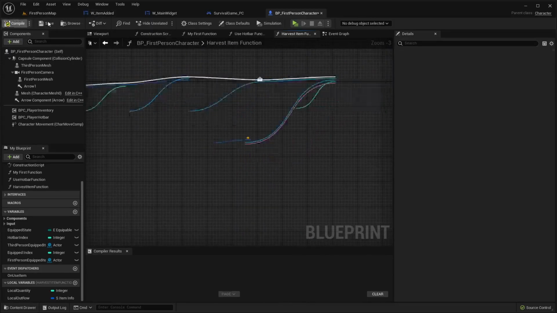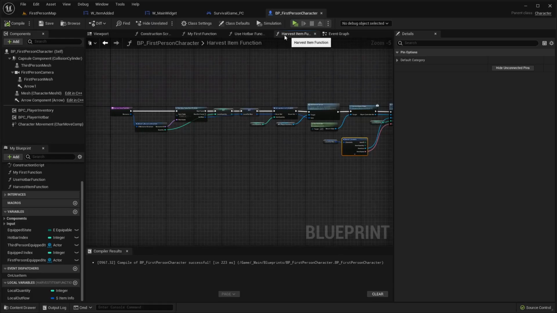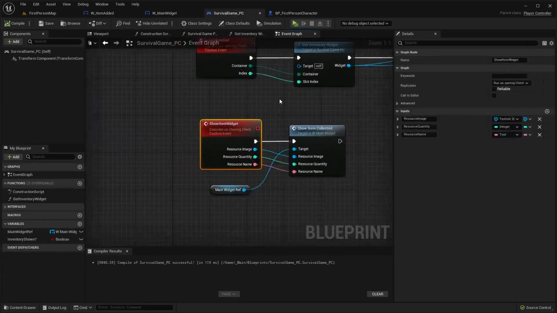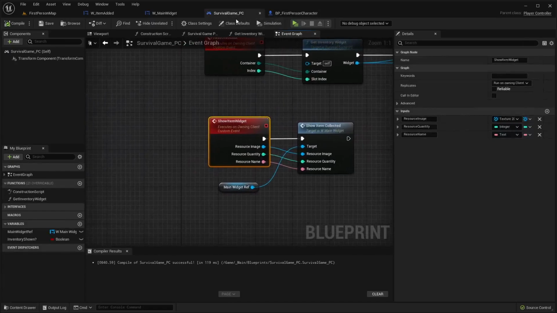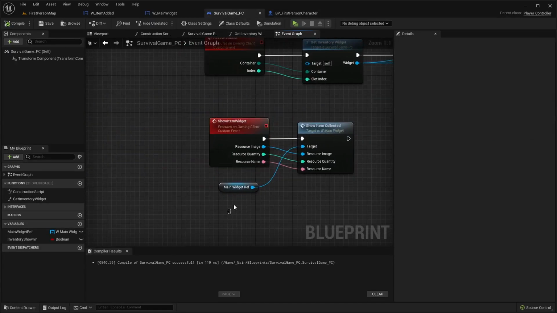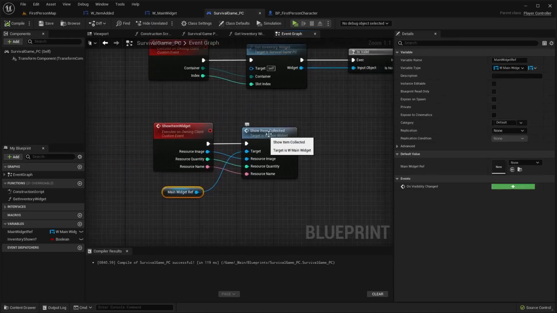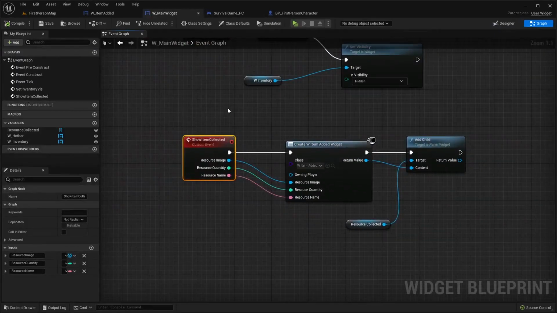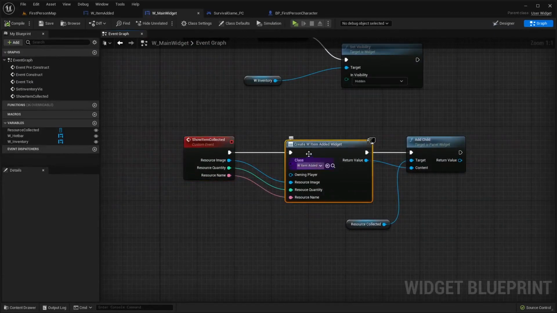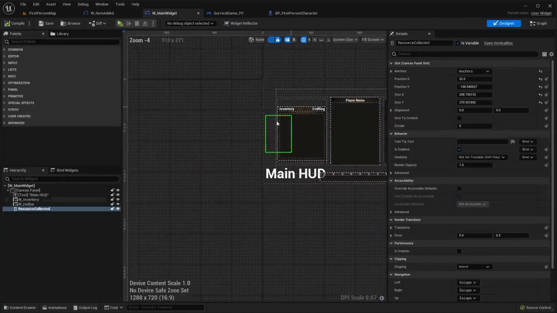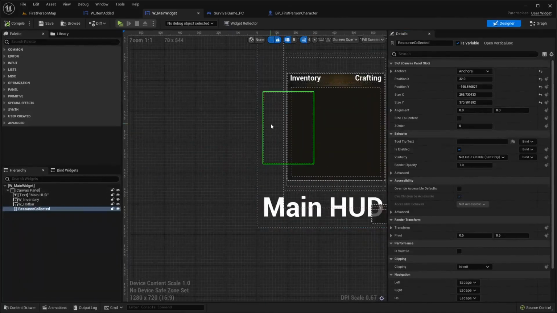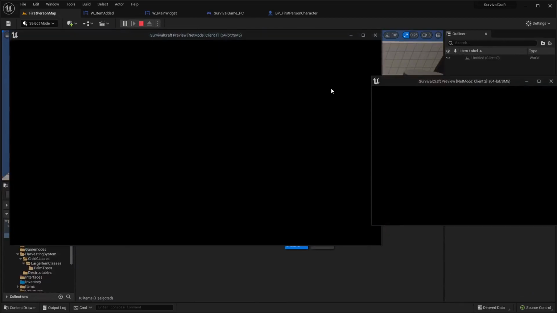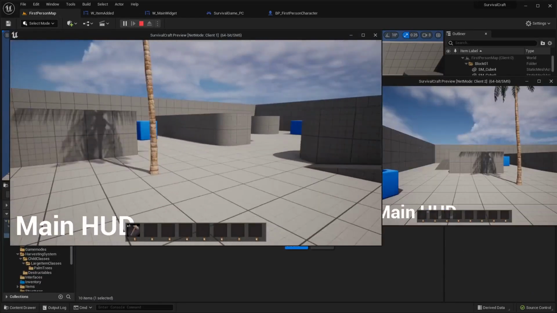Okay. So now when this harvest item function gets called, we'll do this show item widget inside of our player controller, which will get our main widget reference, and we'll call this event inside of our main widget reference, which basically creates this add item widget and adds it to this little notification box. Okay. So let's go ahead and just test everything to see if it works. So if we add our item,